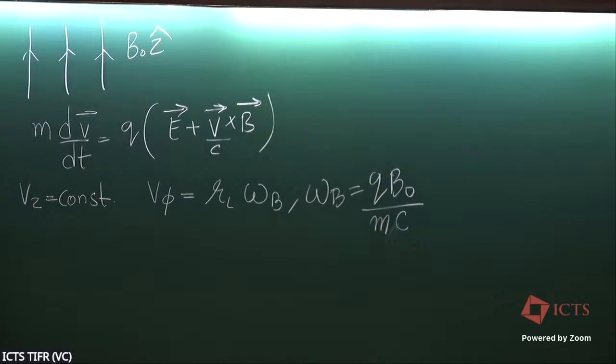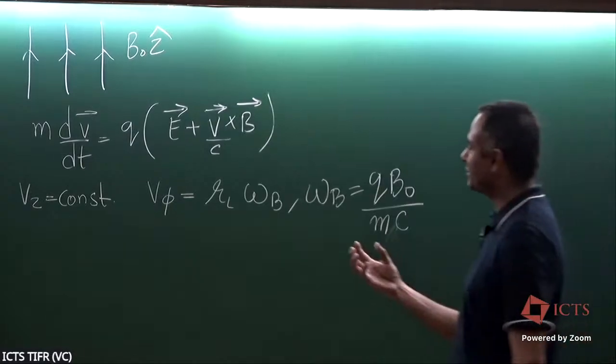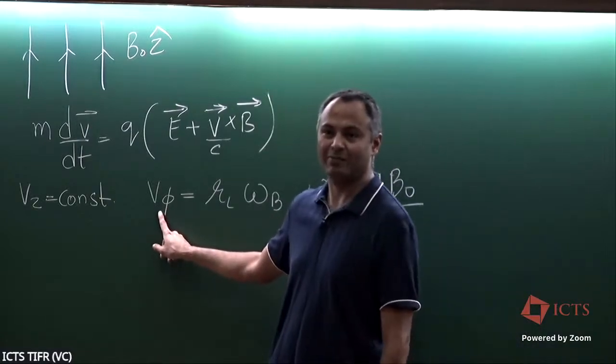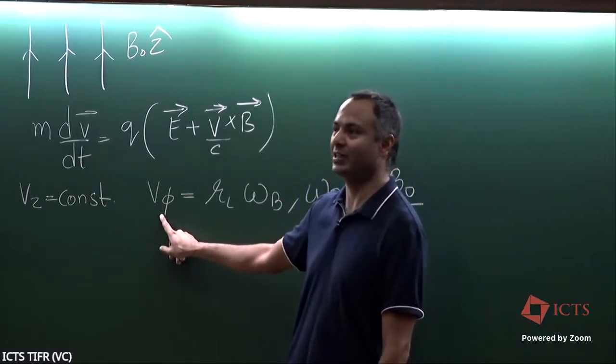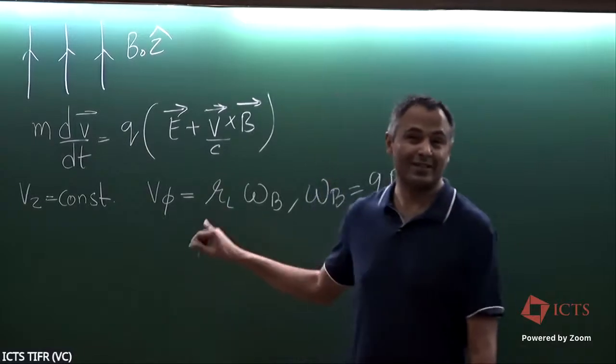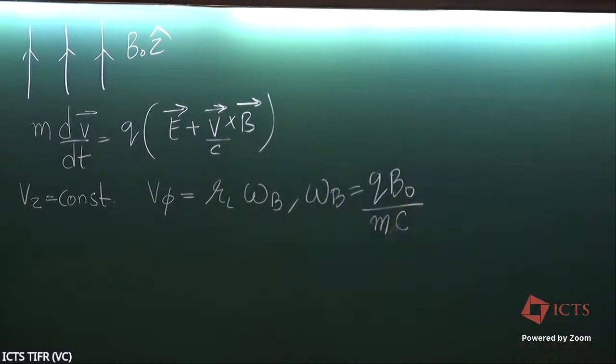Okay, and that is interesting. It does not depend on the amount of energy. What changes with energy is the velocity perpendicular to the field, and what changes is just the radius of gyration. The Larmor radius is the only thing that changes. That means that unlike planets going around the sun, electrons going around the magnetic field all go around with exactly the same rate. If an electron is very energetic, it just goes on a bigger circle, but they all go at the